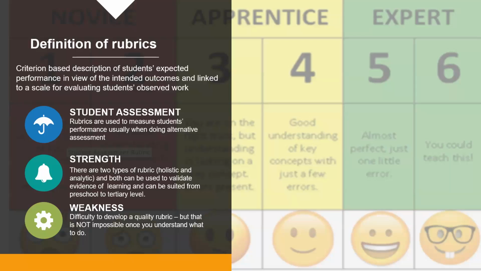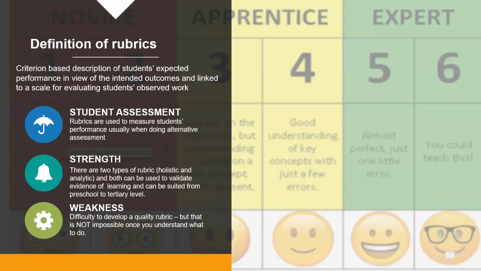And when you're using rubric, actually not just rubric, in any kind of assessment tool, there will be strengths and weaknesses. The final exam has strengths and weaknesses too. We basically want students to regurgitate information. How they think is not measured, or how they feel is not measured. But when it comes to rubric, there are also strengths and weaknesses.